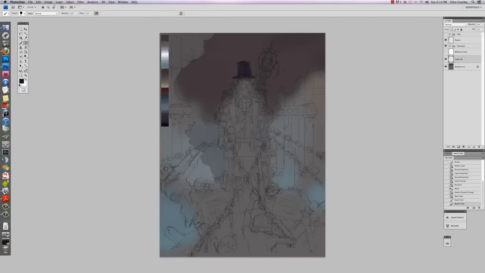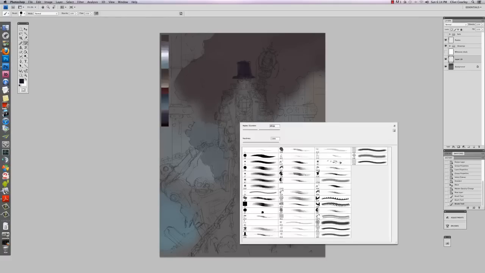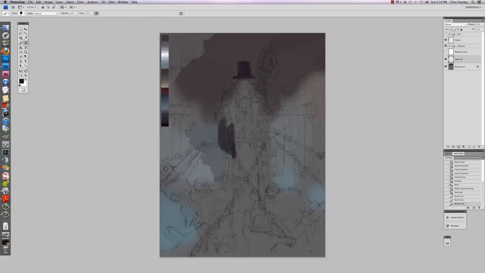Now right now the main thing I'm concerned about is getting the overall value scheme. When I say values, I'm not talking about, well, that apple costs X amount or has X amount of value. What I mean is in art, the value is how light and or dark something is. So I'm trying to think through the overall value scheme of the image, what's going to be light, what's going to be dark, and if that doesn't make sense